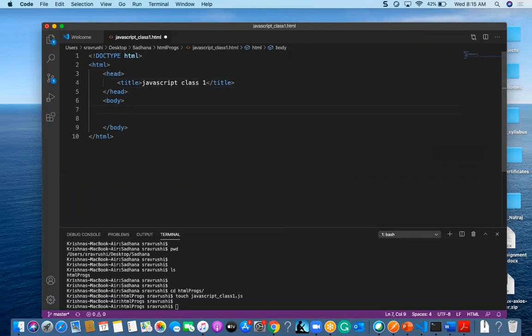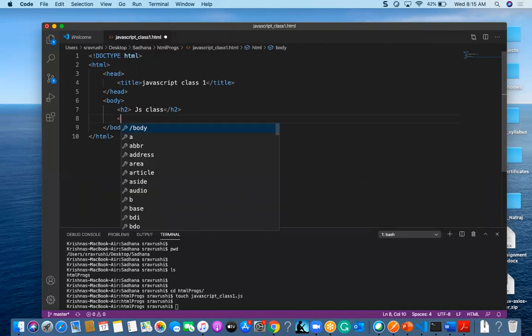In the body I am giving an h2 tag, some JS class, and a button.